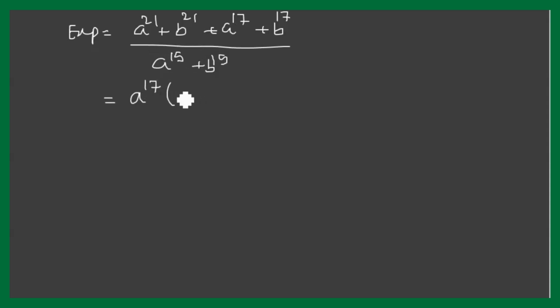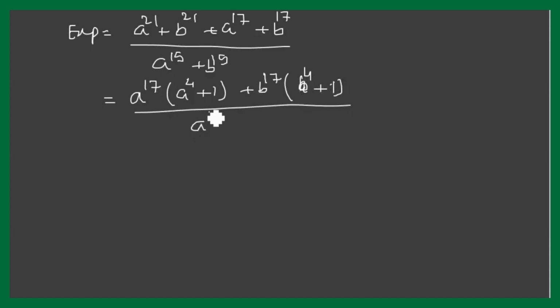So taking a to the power 17 common, this becomes a to the power 4 plus 1. Similarly, from b to the power 21 and b to the power 17, taking b to the power 17 common, we have b to the power 4 plus 1. And in the denominator we have a to the power 19 plus b to the power 19. So a to the power 4 plus 1 is what,